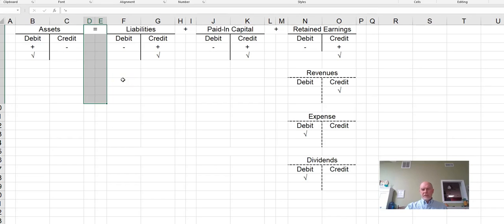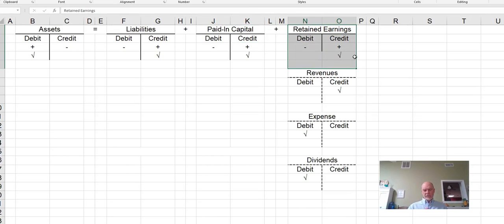Everything to the left of the equal sign, all of your assets, increase on the left, the debit side. Everything to the right of the equal sign, liabilities and owner's equity, all of them increase on the right, which is the credit side. And then when we got over here under retained earnings, all of the different pluses and